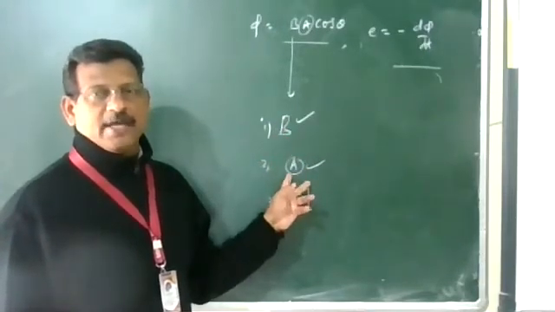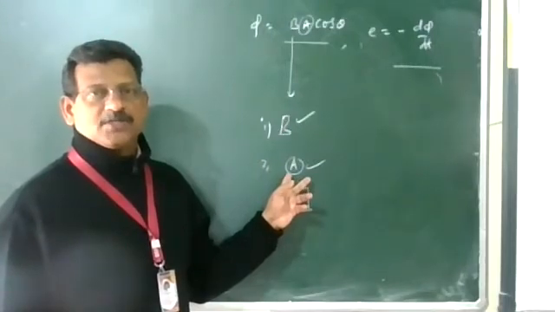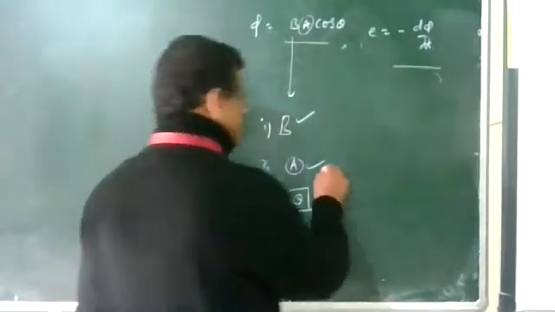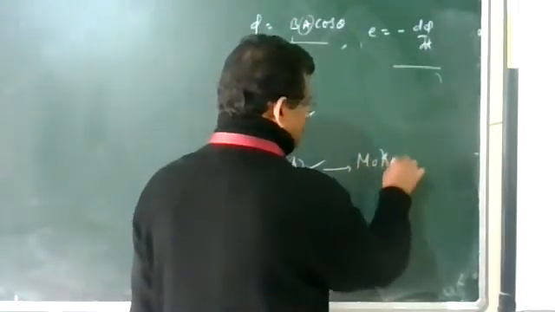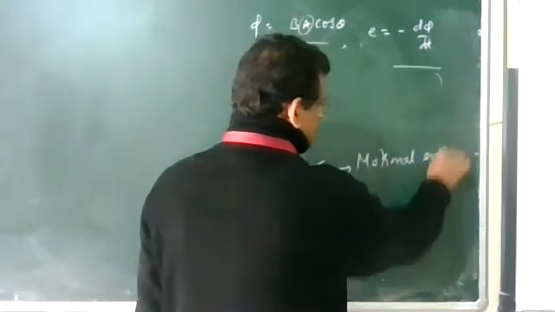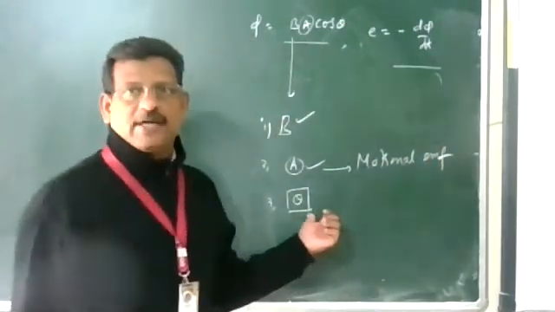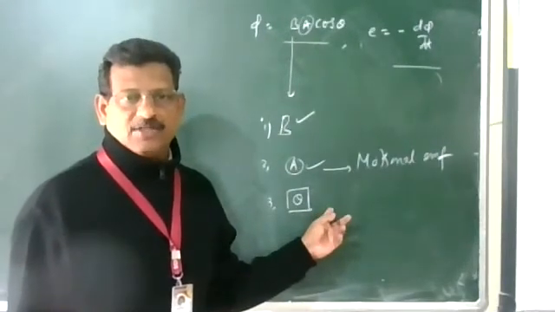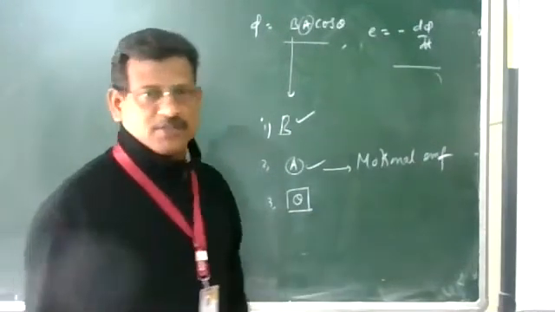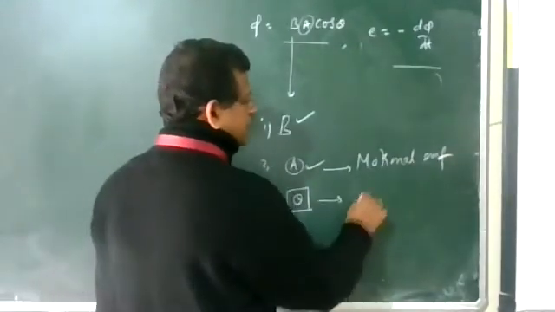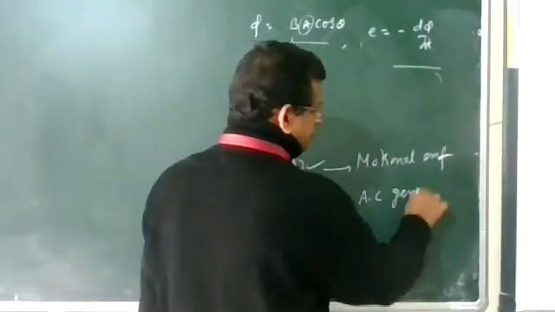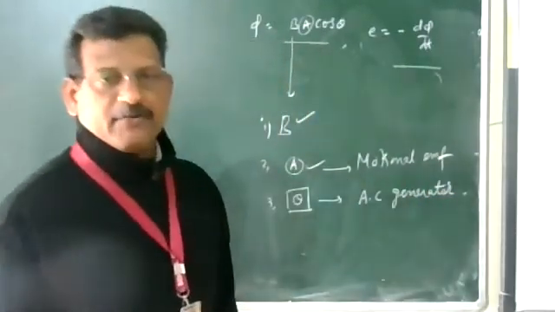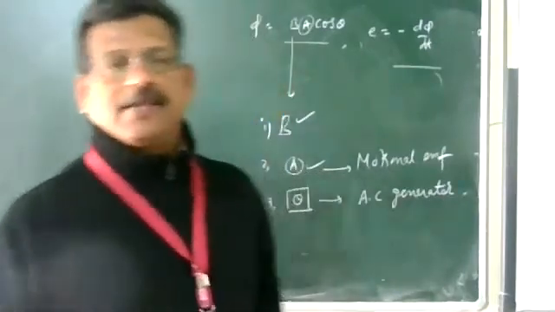Second, by changing the area through which the flux passes, that we are going to discuss, and hence flux changes, EMF is induced. Such kind of EMF is known as motional EMF. And case 3, where theta changes, the relative orientation between the plane of the coil and the magnetic field changes, and hence the flux changes and EMF is induced. This principle we are employing in the AC generator. So these are the three different ways of producing induced EMF, and the examples.